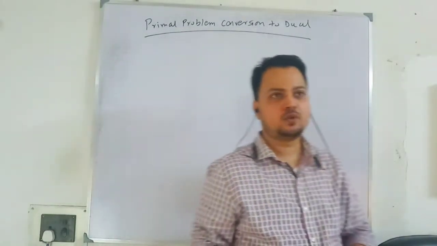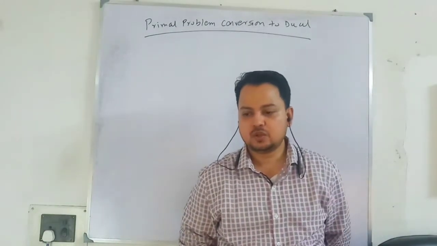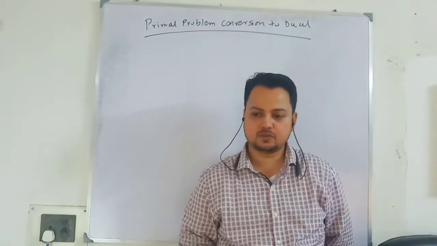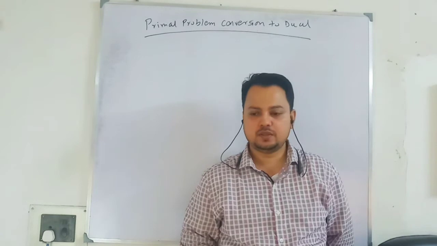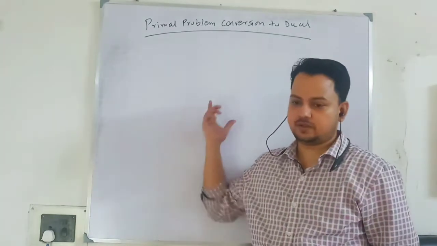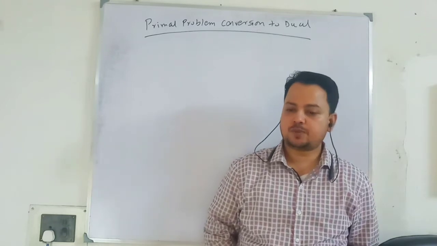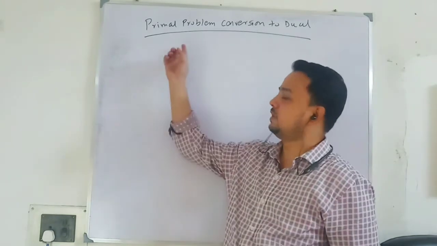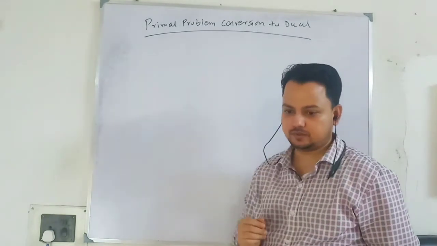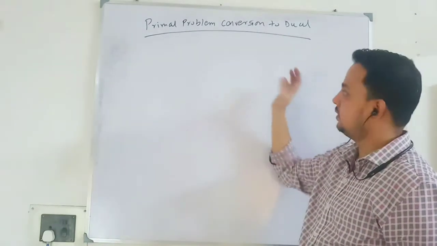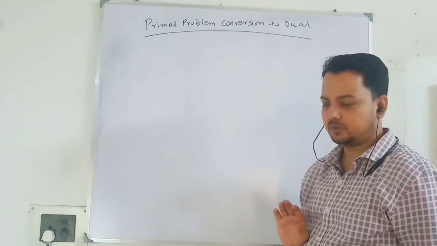We have done linear programming problems. We have done the maximization case, we have done the minimization case. When we are doing it, we have certain constraints. When we talk about the primary problem, it is our original problem that is given in the question, and our dual problem is the derived one that we derive from our primary problem.